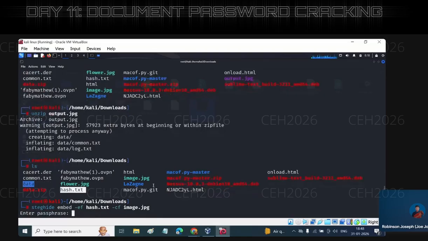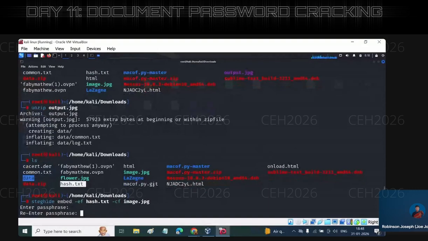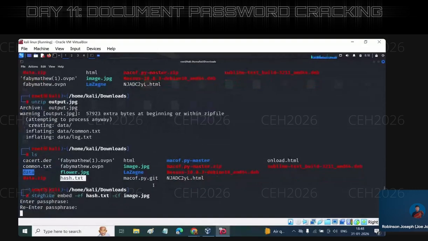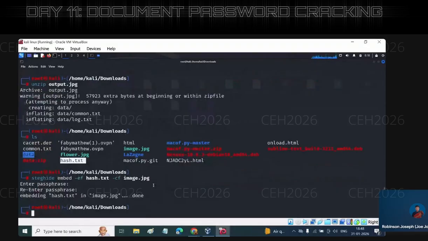Now it is asking to set a password. So this image file has a password. I provided a password, ASD, press enter. Again provide the password, press enter, done. Now see,